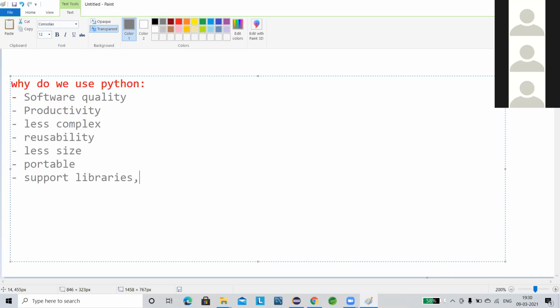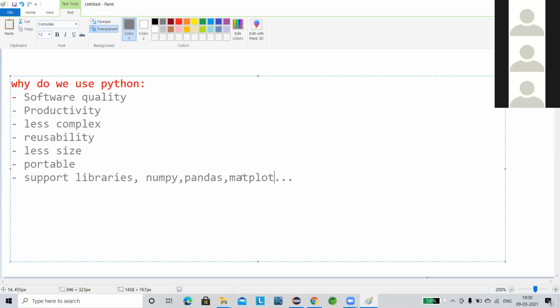Some of these packages are numpy, pandas, matplotlib, and lots more. These are not built-in packages; they are user-driven packages, or you can say modules, and using them our programming becomes very easy. So it supports a lot of libraries.